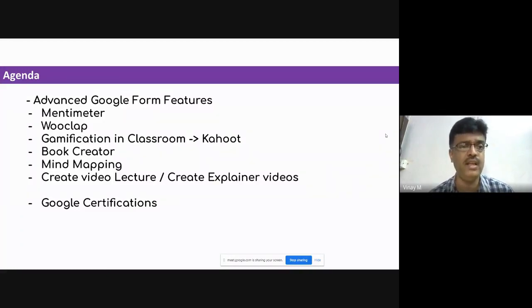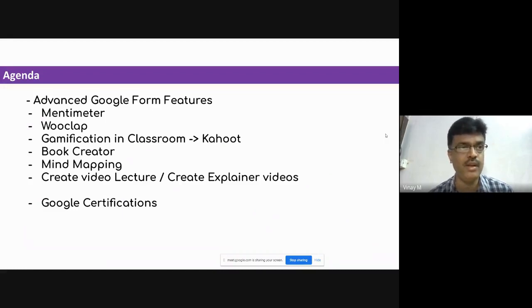Then there are 3 software tools which can help you to do the basic parts, called Mentimeter, WooClap, and Kahoot, which are generally used in the classroom for interactiveness. I used it yesterday when I asked you to show what's in your mind, how you are feeling. That could be the beginning of your classes. It hardly takes 2-3 minutes to develop that kind of program. I'll show that so that you can create and start using it.